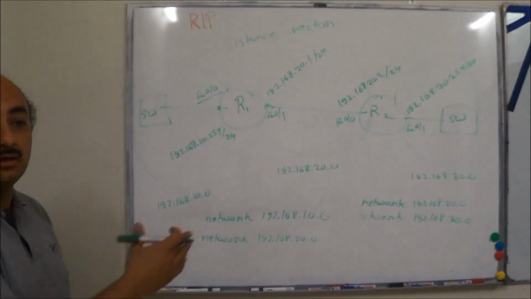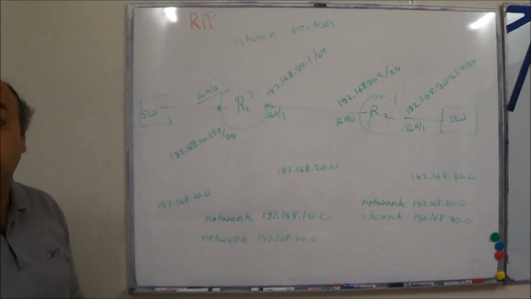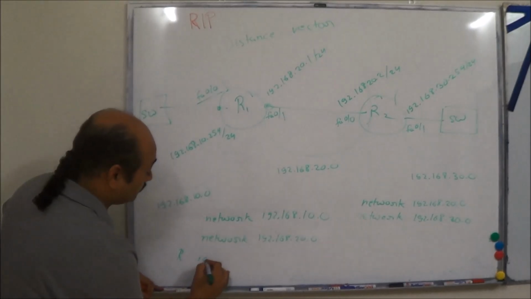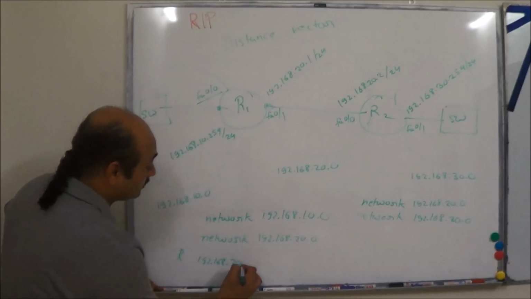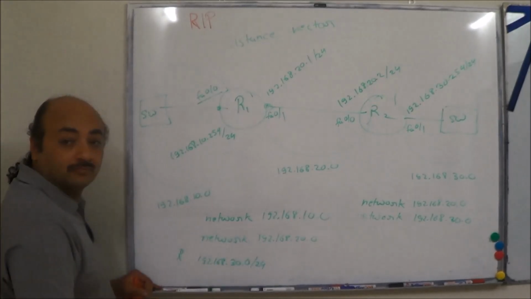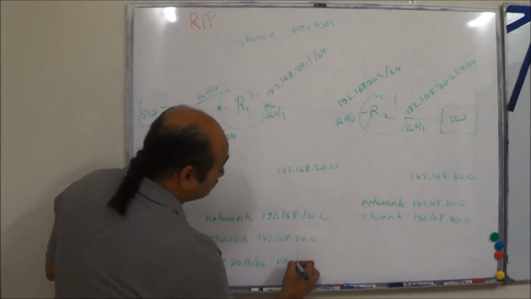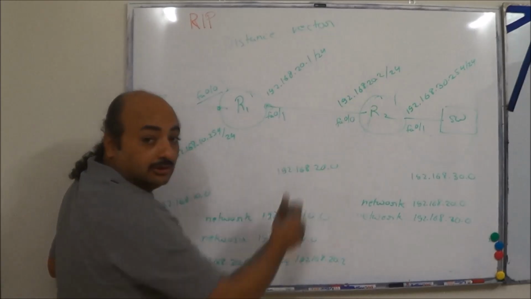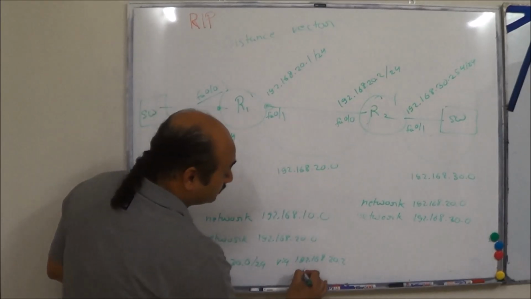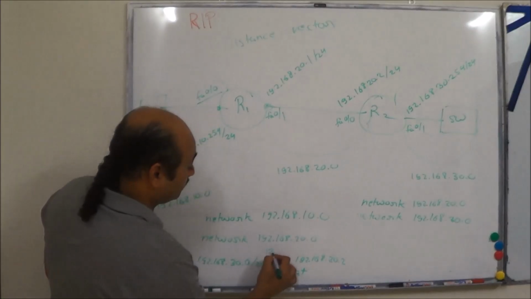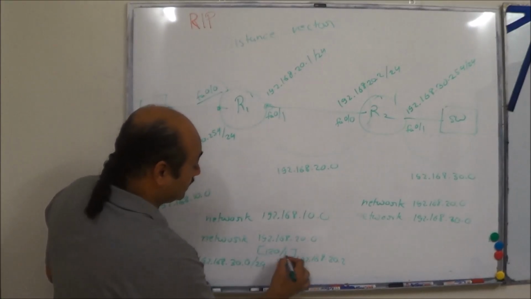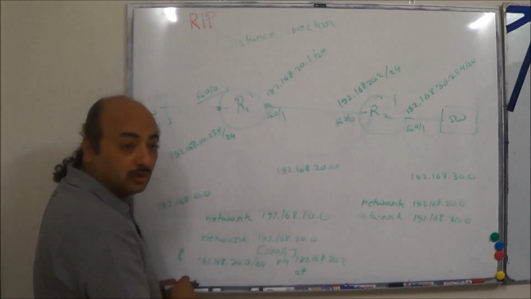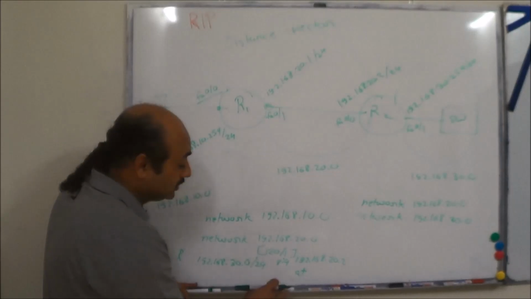As a result of adding this, what did we get? We got R here, which said 192.168.30.0/24 via 192.168.20.2, learned from this interface at 120. Now of course this was 120/1. Again, 120 is for administration, 1 is for hop count. We are coming to the hop count, we have not done that yet. At